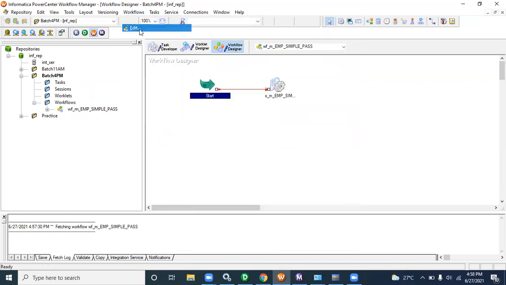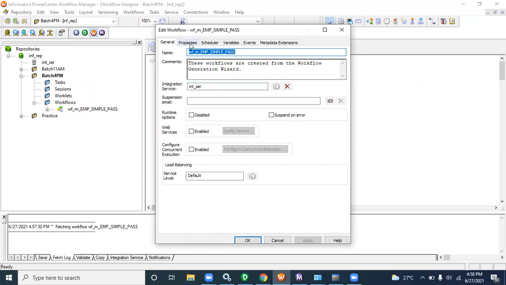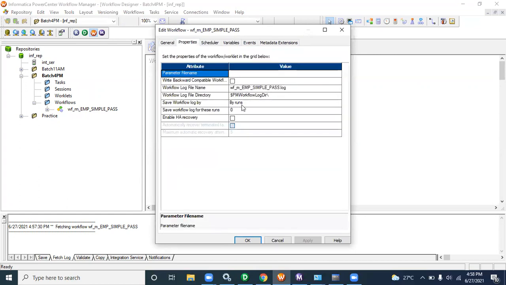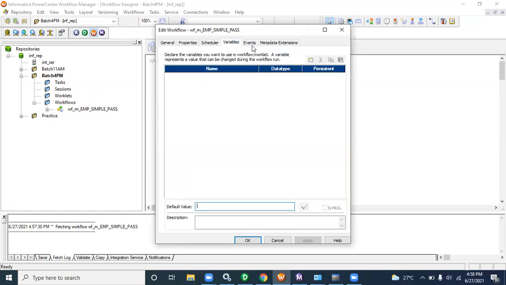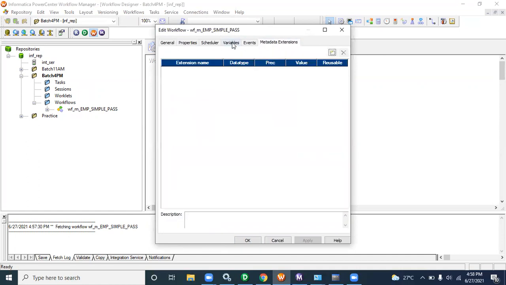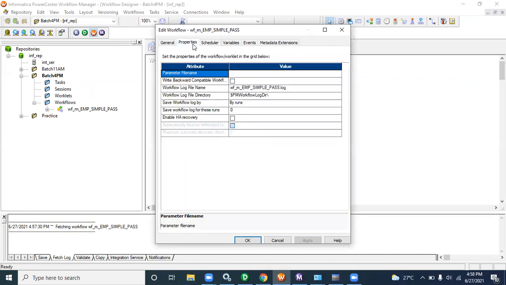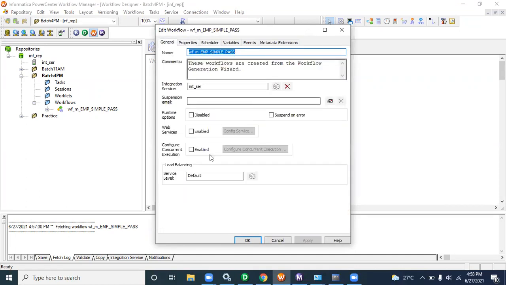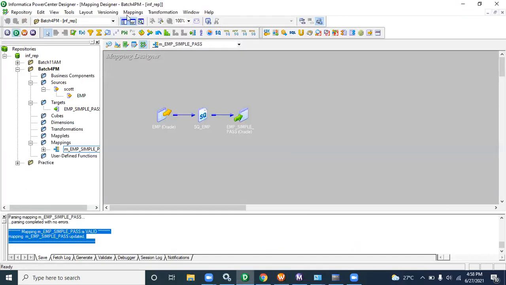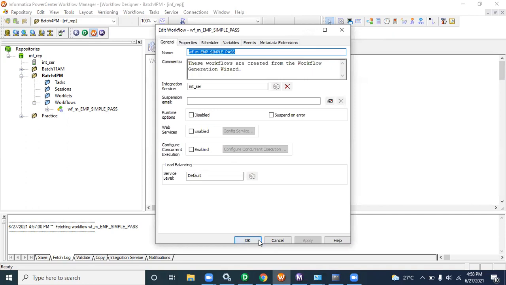But when you go to the workflow properties tab, you can check each and every property. There is no property where the mapping name is defined, because the mapping name is m_emp simple pass, right? There is no mapping name.